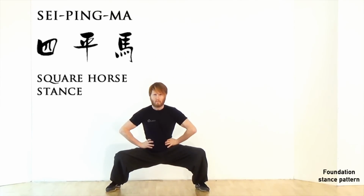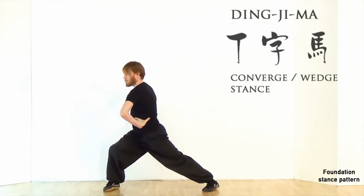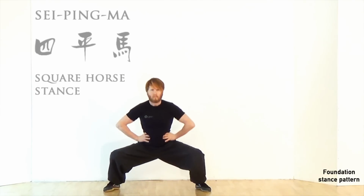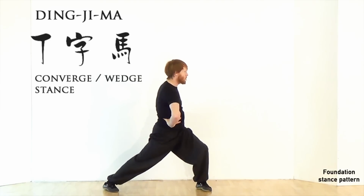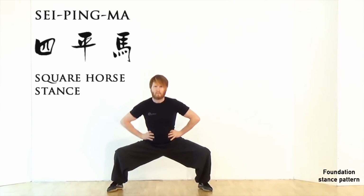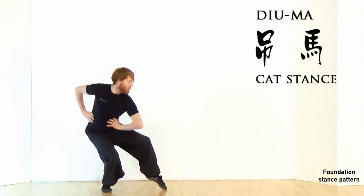Follow the video, try and copy it the best you can, and then we can work through some detail. So the stances are horse stance, ding jamal (wedge stance), horse stance, to a ding jamal, wedge stance, back into a horse stance, shift your weight back across to a cat stance, jumal,